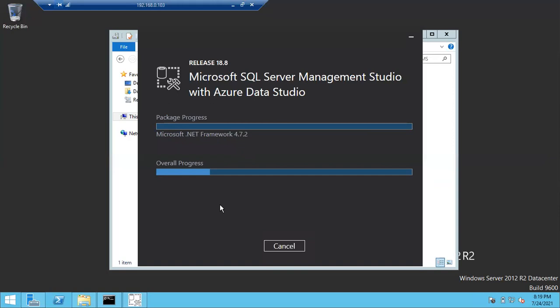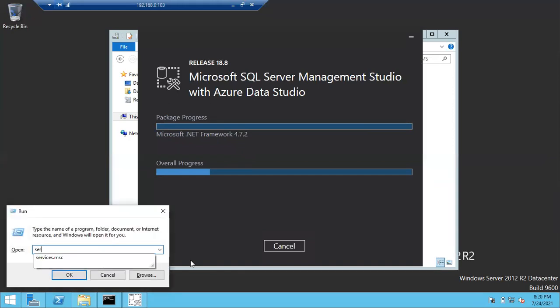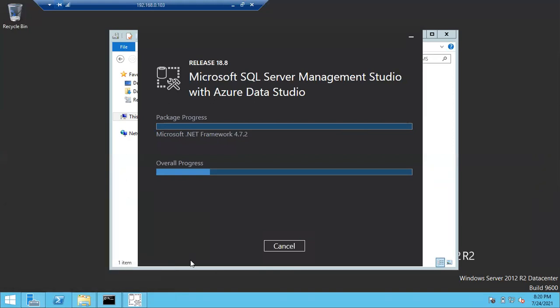After the installation of SQL Server, what do you have to do? What kind of files will be created? What kind of folders will be created? What kind of services will be installed? We'll discuss now. Very important, guys. Once you install SQL Server, open services.msc. There is a shortcut to check all the services. Open Run and type services.msc. In this services.msc, you can see all the services.